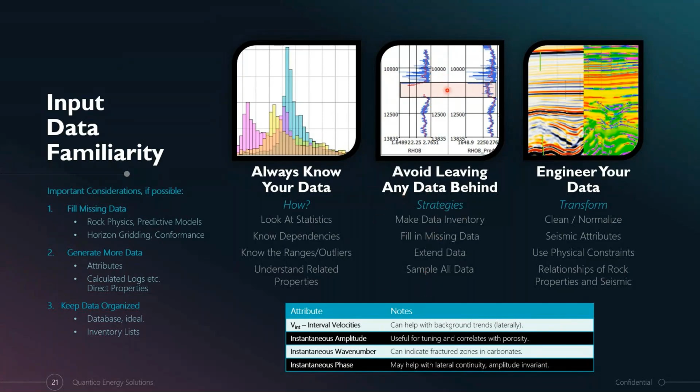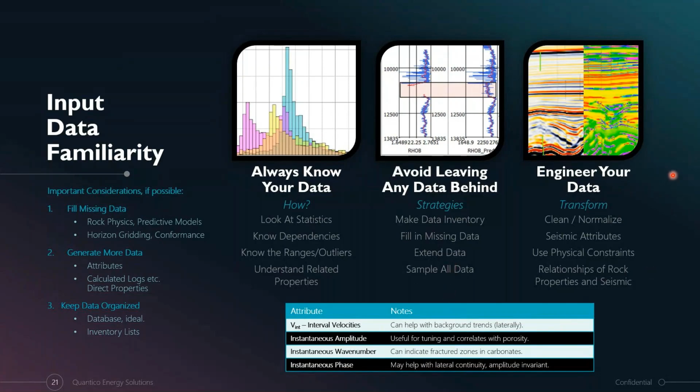When we have missing data, we can use predictive models or empirical models to fill this gap, because if we're doing a model where it tries to predict certain elastic properties together, which is called multi-output models, if we don't have data in the density, none of the data that is in the same depth point will be used. So we want to fill in the missing gaps like this if we're doing multi-output models. And of course,